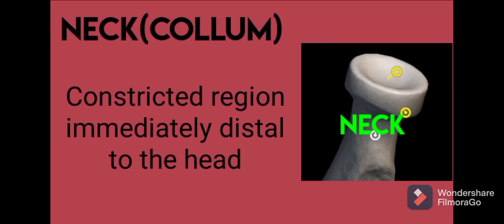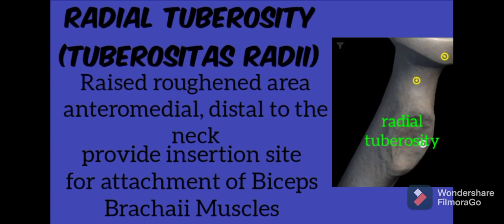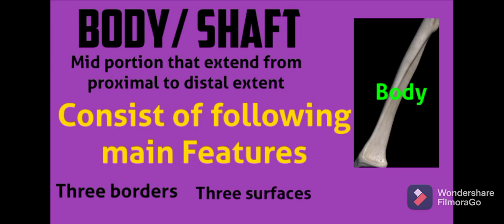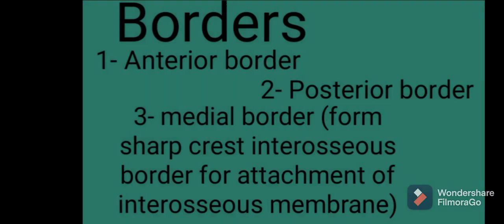Immediately distal to the head, there is a constricted area called the neck or column of the radius. Distal to the column of the radius, there is a raised, roughened area for the insertion of the biceps brachii muscle, which is called the radial tuberosity. The body or shaft of the radius consists of three borders and three surfaces. The three borders of the body